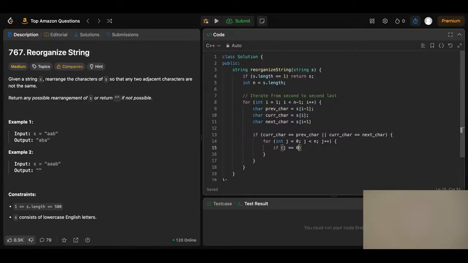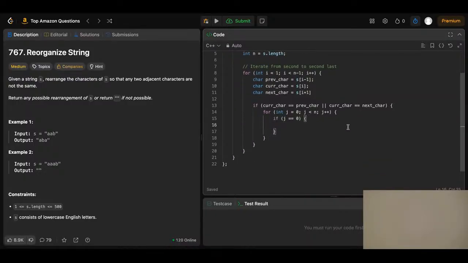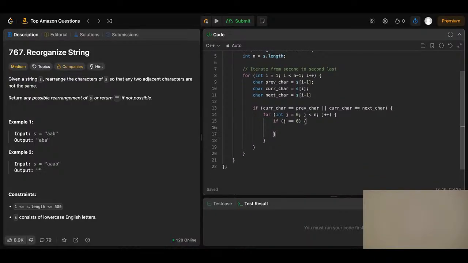J equals 0, right? Which is the first one. Else if J equals N minus 1, else, okay, here we go. If J equals 0,